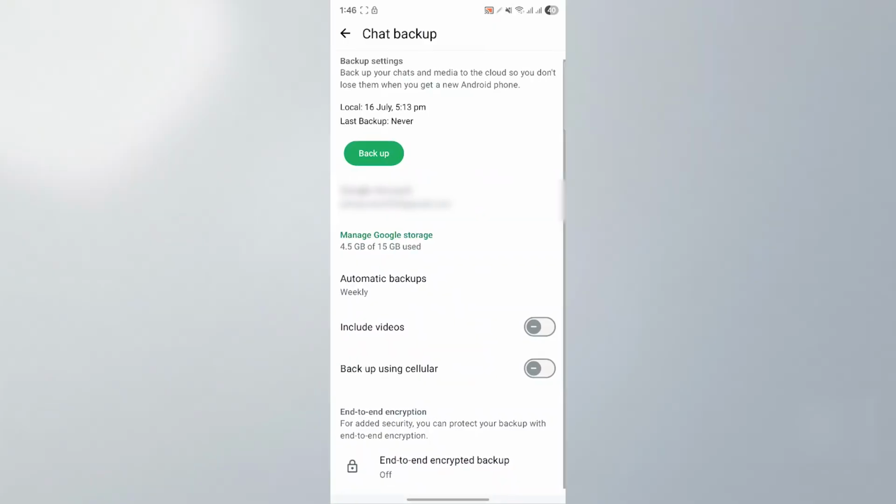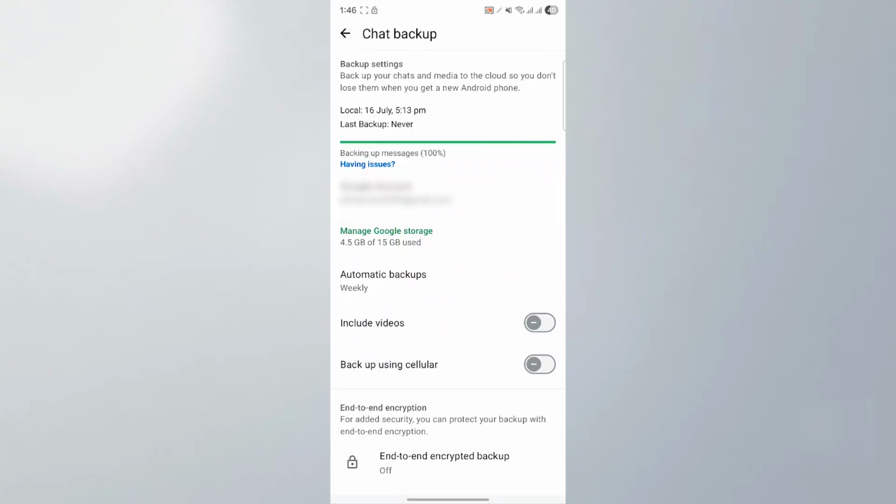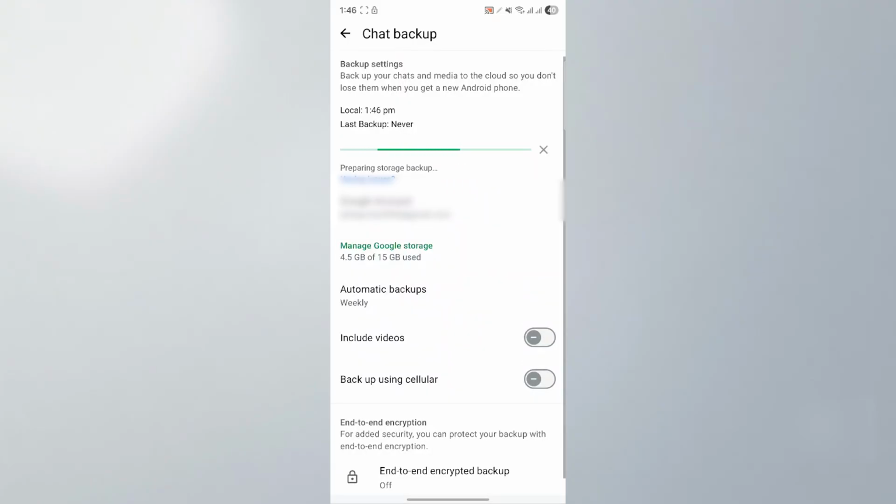Then tap on the Backup button and it will instantly start backing up your messages. You'll see a progress bar running, and once it's done, it will show you the date and time of the last successful backup. If you want to back it up automatically without doing it manually every time, scroll down and